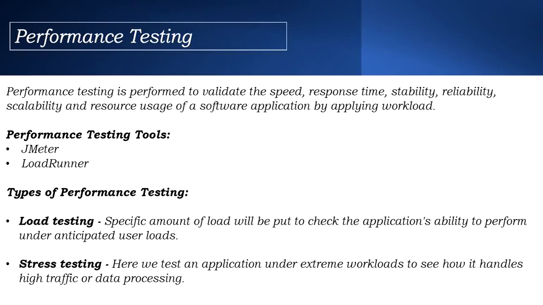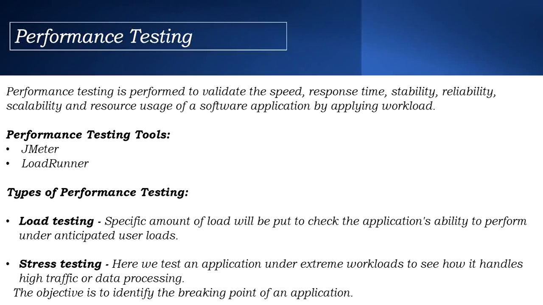Coming to stress testing, here we test an application under extreme workload to see how it handles high traffic or data processing. The objective is to identify the breakpoint of an application. Basically, we put an extreme amount of users logging in. Let me give you a real-time example that you might also have faced. Suppose today is the last day for your exam fees to be paid.